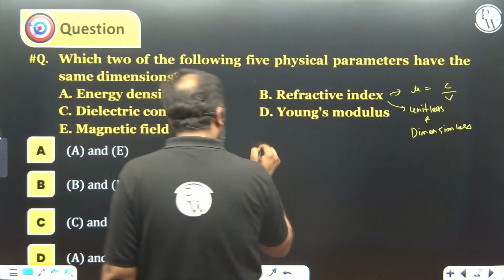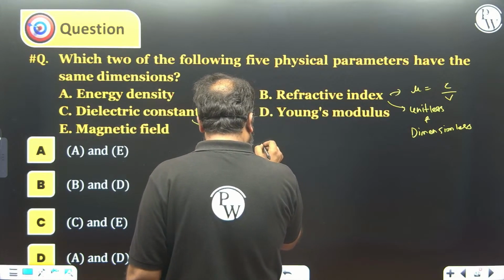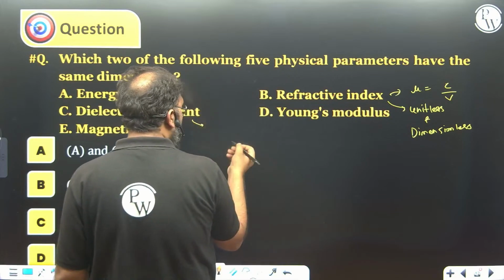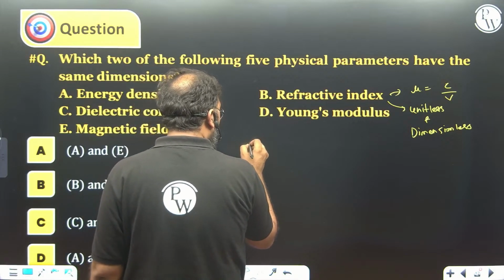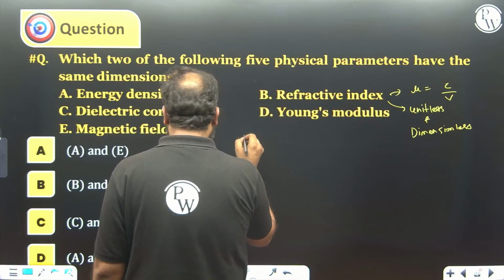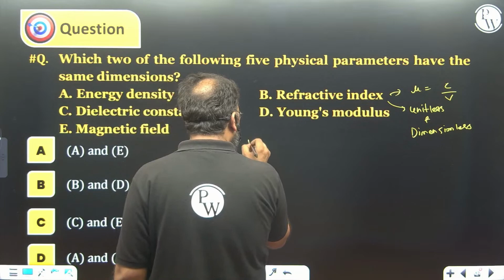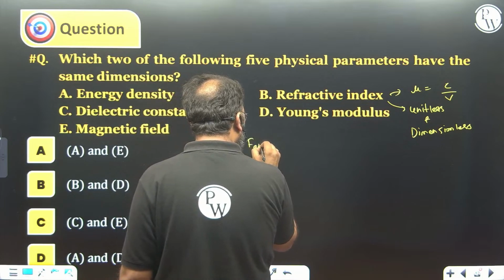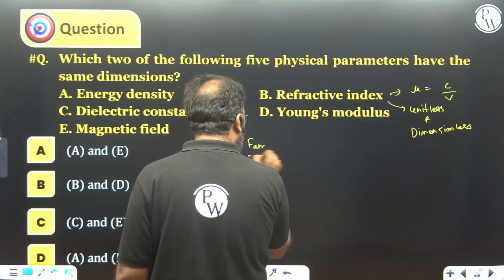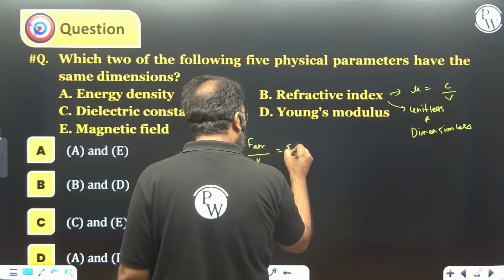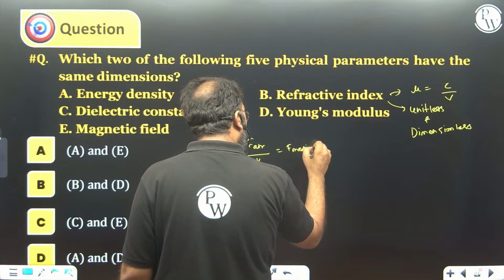So if you remember this one, you can write down dielectric constant as relative permittivity, or dielectric constant, both are same thing. So force in air divided by dielectric constant K,